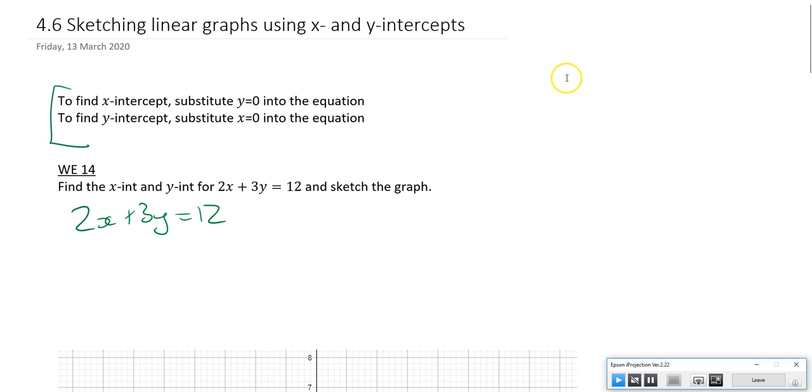Yep, true, quite right. So the good thing about this last section that we're doing today is that it's very similar to what we did yesterday. Yesterday we were trying to plot graphs given some information, and we used the y-intercept as one point, and then we used our gradient to find another point, and then we matched up those 2 points, and ta-da, we got the